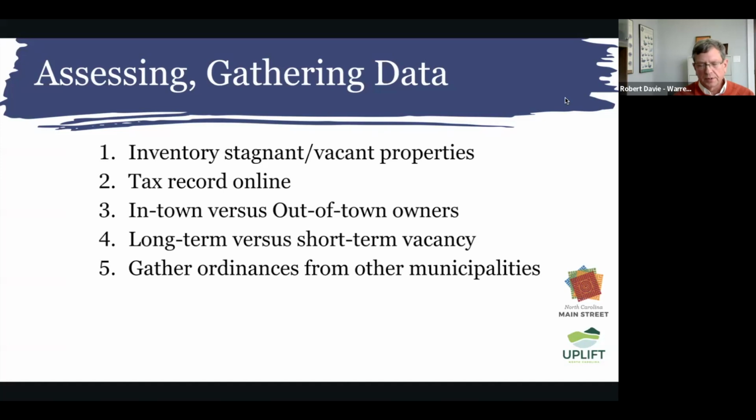And so distinguishing between those is important. One way to distinguish between them is how long they've been vacant. So you might be thinking of crafting an ordinance of some sort that triggers after a building has been vacant for more than 6 months or 12 months, something like that. So you would allow for tenant turnover and